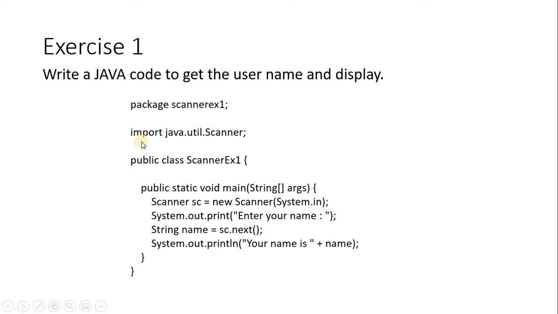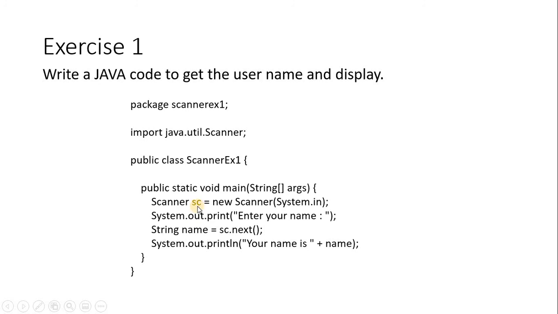So we have a class here, ScannerExample1, and we have the main method here. Don't worry about this package and all. You can change it to anything, and the import statement comes automatically. I will show you in the program. The Scanner is from java.util, so it needs to be imported. It's mandatory. While writing the program in NetBeans, we can easily click and import the statement, so you need not type it. That's why I have not explained this clearly. No worries. So we are creating one Scanner object, new Scanner(System.in).